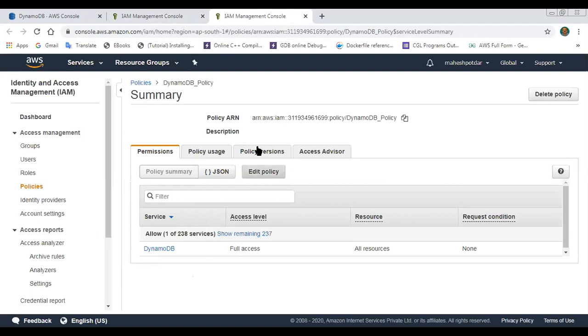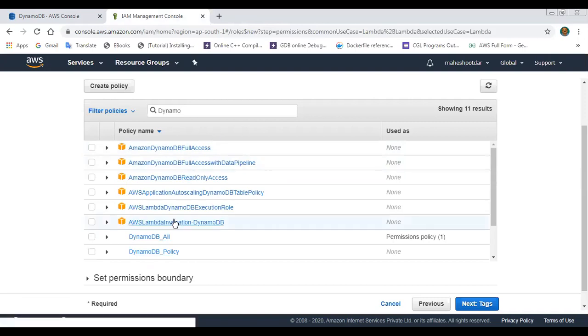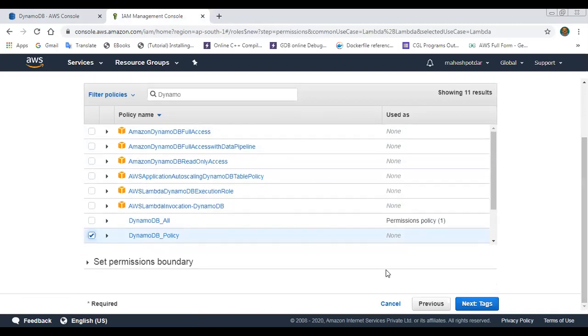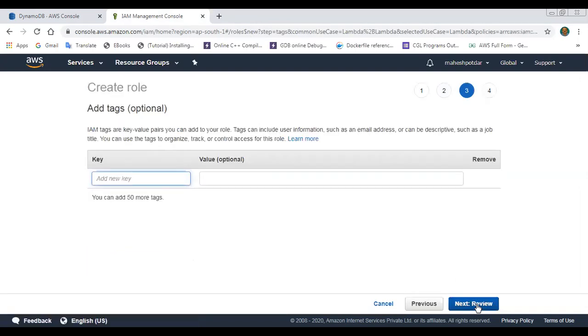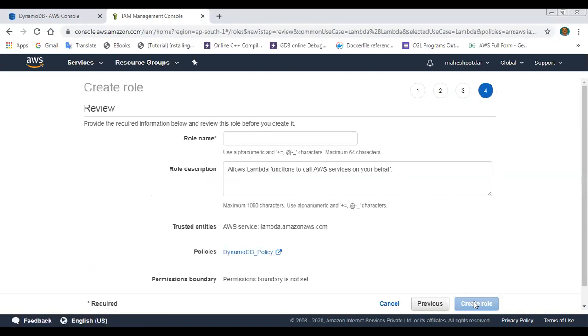So I'm creating the role for accessing DynamoDB. Click on next tag. It's add tag. It's optional. So just click on next.